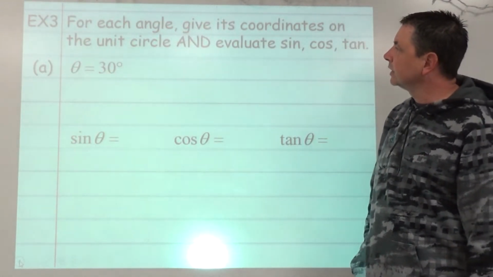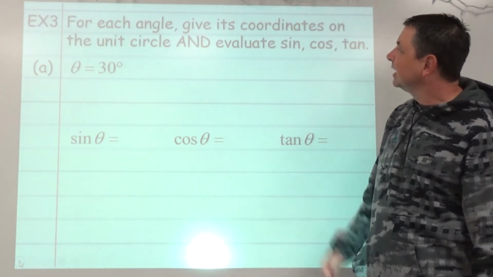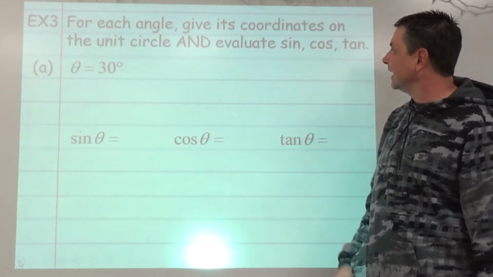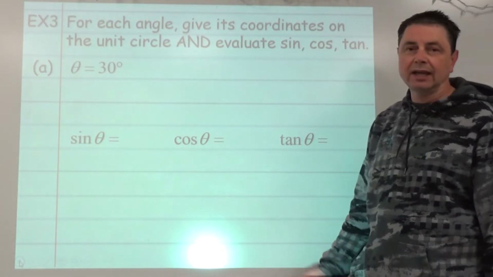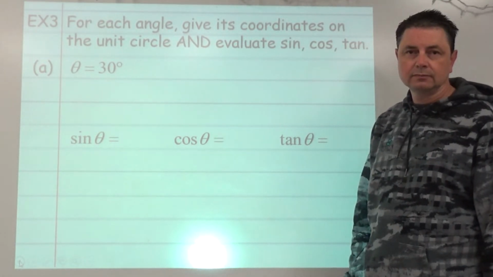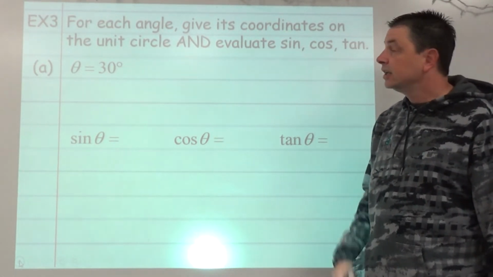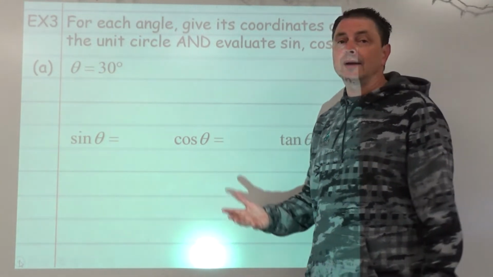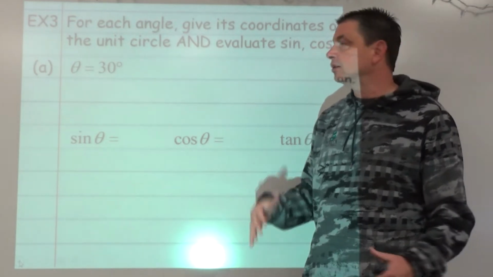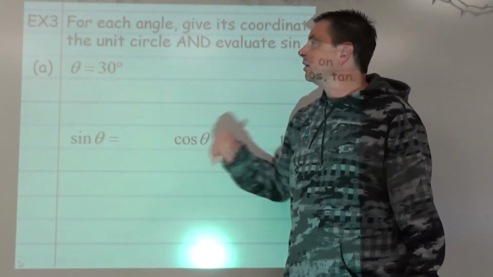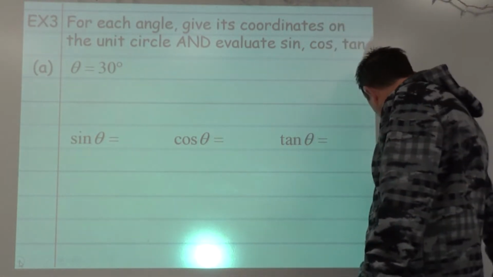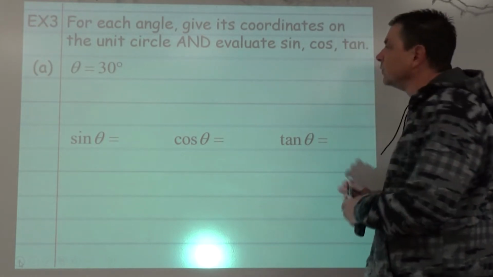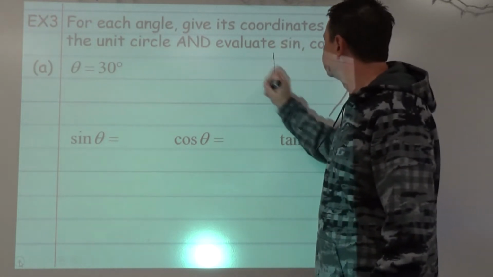Example number 3. For each angle, give its coordinates on the unit circle and evaluate sine, cosine, and tangent. So we have the paper plate unit circle. That might help. Or we can also kind of do sketches. We're thinking of theta being 30 degrees. So if we were to kind of sketch that,